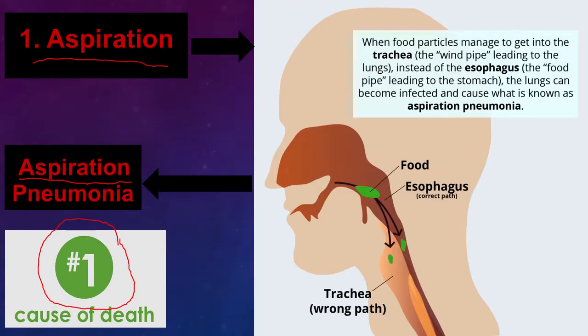Aspiration is the first complication of Huntington's disease. This is when the food particles enter into the wrong pipe, the trachea, instead of the esophagus. So the food goes to the lungs and the lungs get infected and cause serious health problems such as aspiration pneumonia. Aspiration pneumonia is the number one cause of death per patient with